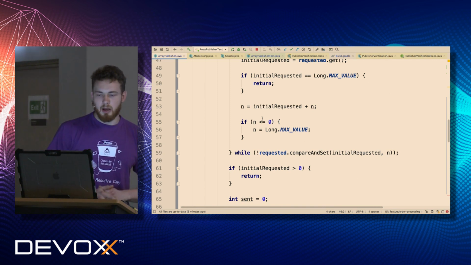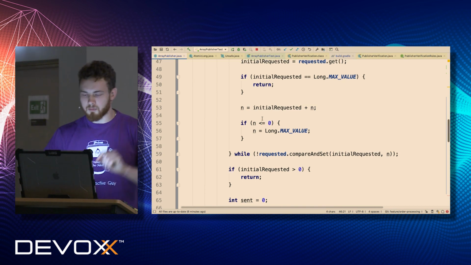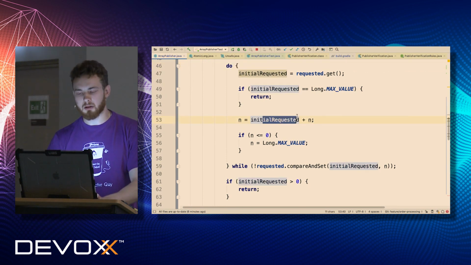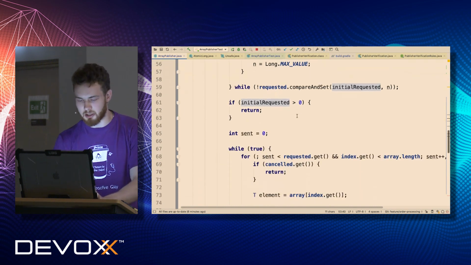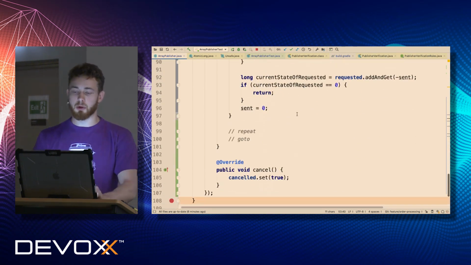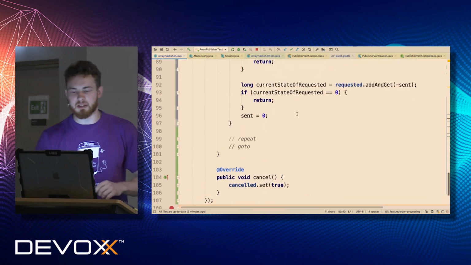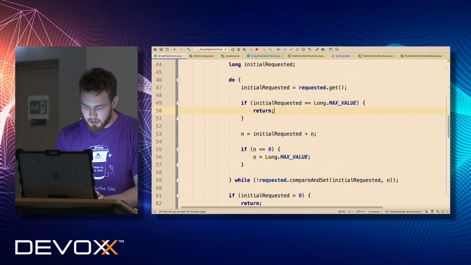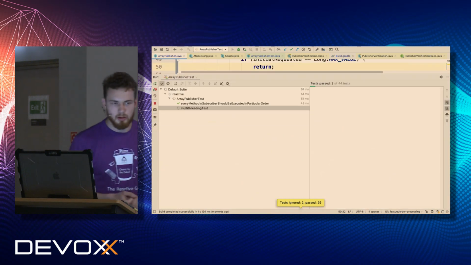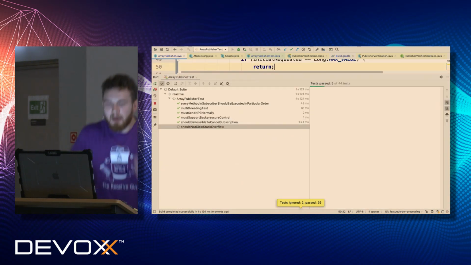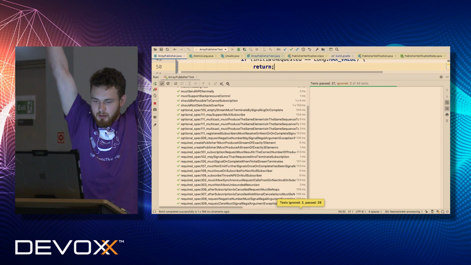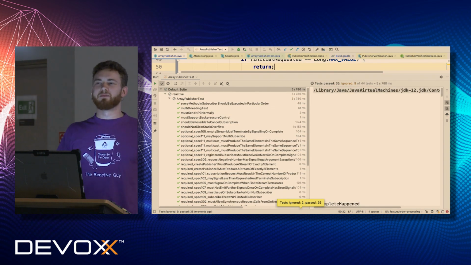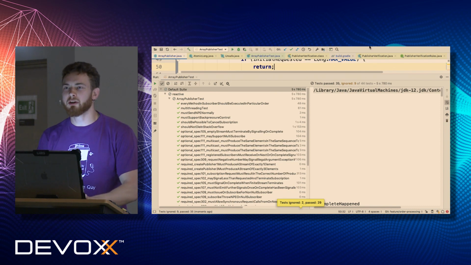This is the compare and set loop. It's absolutely popular, the most popular pattern in non-blocking concurrency. So please remember it if you want to build some non-blocking concurrent system. And that's basically what we have to do. Right now, if we rerun this test, we will see that everything should pass. Yay, it passed. Great. So, any questions so far?